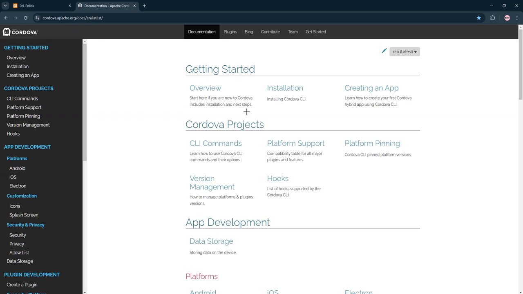Here is the getting started page, and you just need to do these 3 steps. First one is just an overview, an introduction to what Cordova is, and the second one is installation. I have installed Cordova and Node.js.